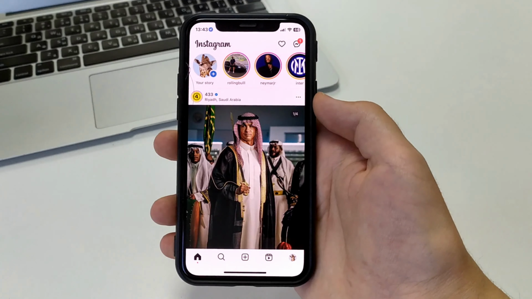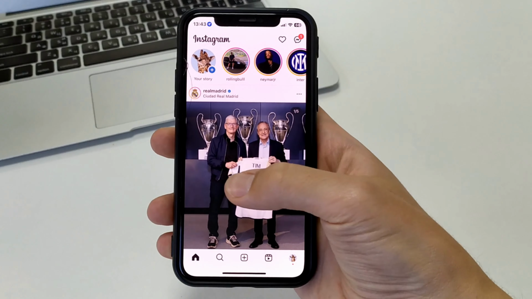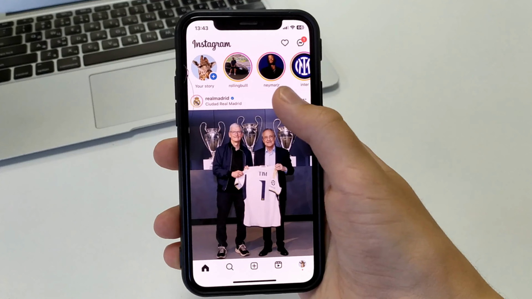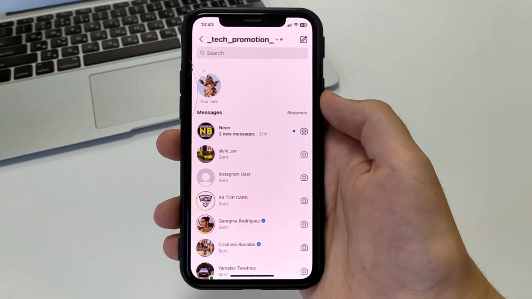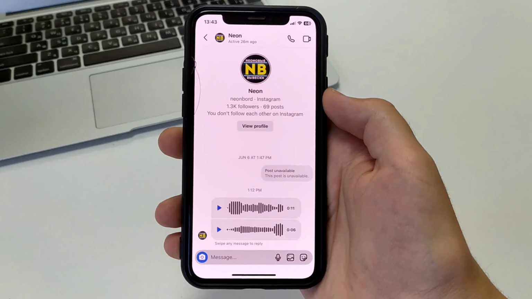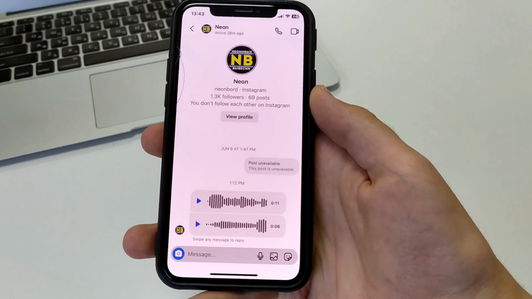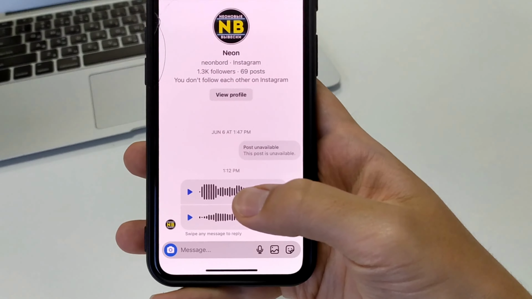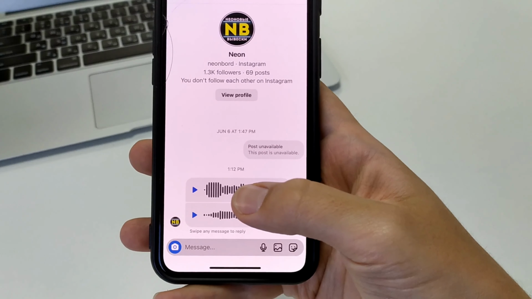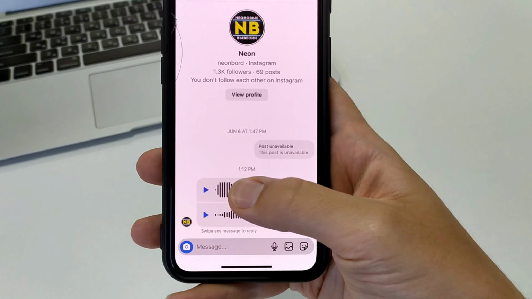To do this, we need to go to Instagram. After that, we click here on the home page. We make a swipe to the right. We have a message. We enter some correspondence. And if we want to respond to some message specifically, let's say there is a voice message that a person sent me, I take it and press it.